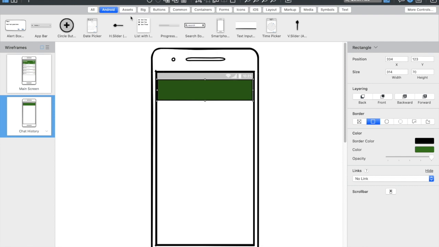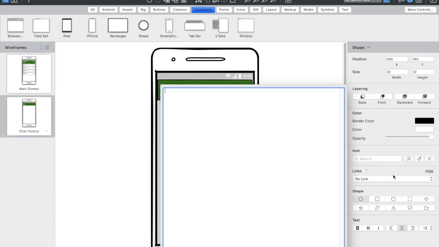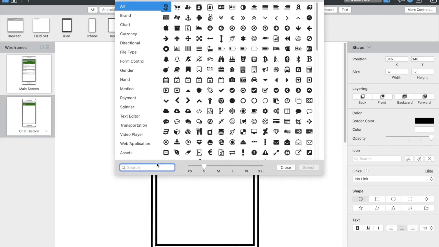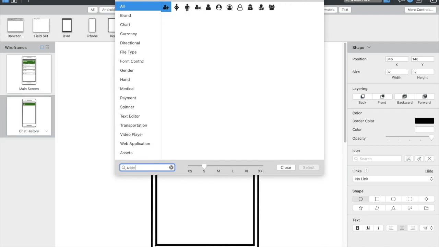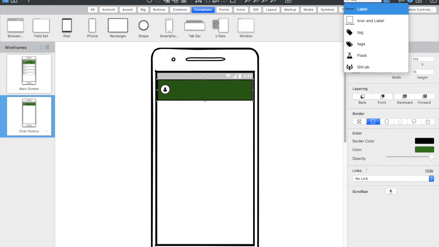and the containers, the shape, and inside that chat I want the user icon, so it's extra small, and a label.